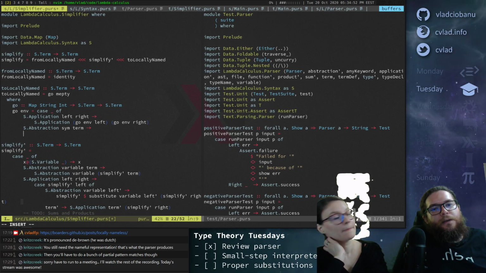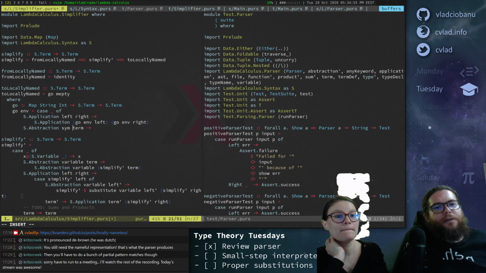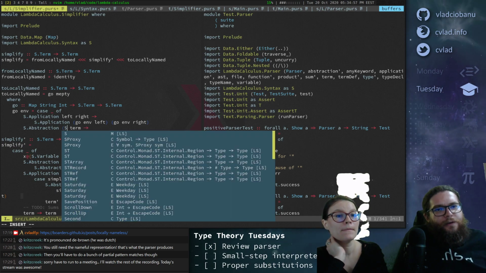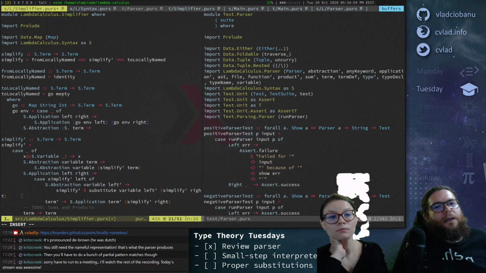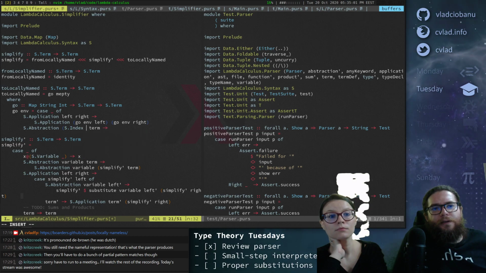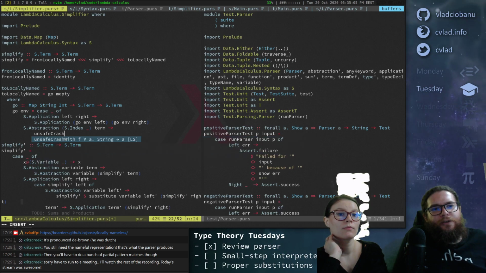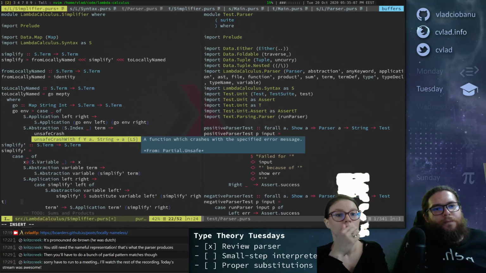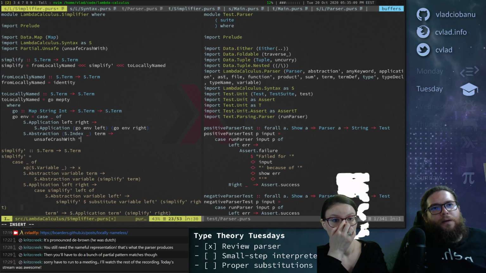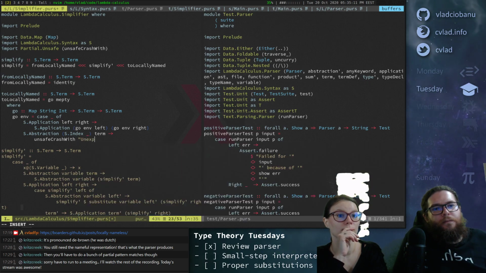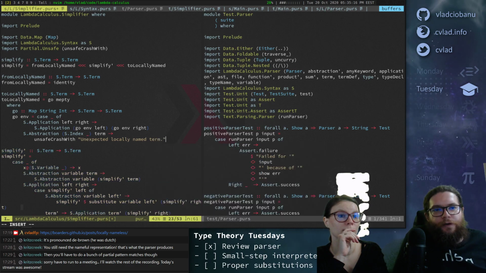So let's see. Let's just pattern match here, so it's even clearer. So if this is an index, as we call it, right? Then unsafe crash. Term, right?